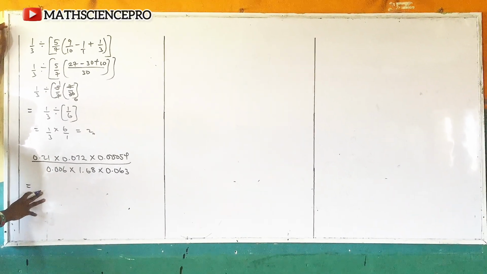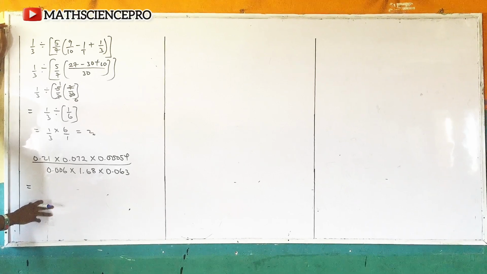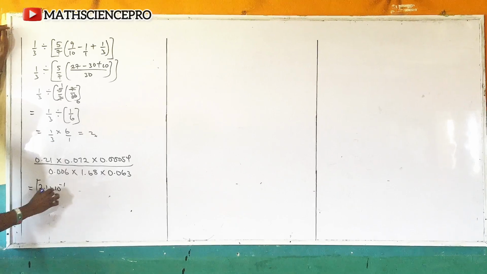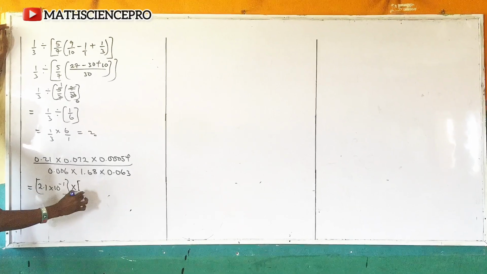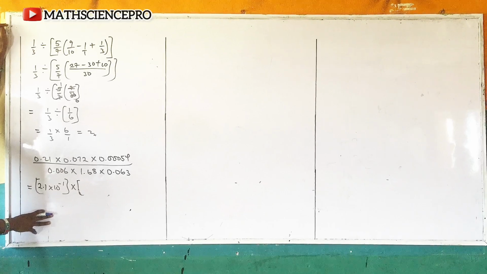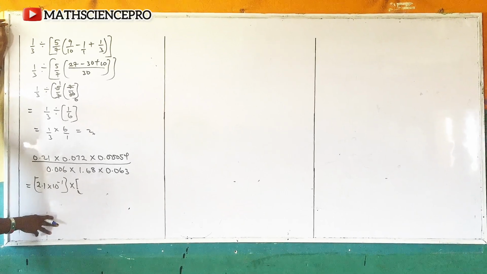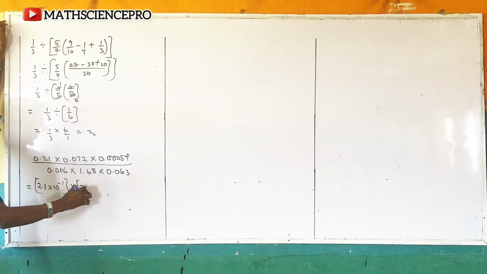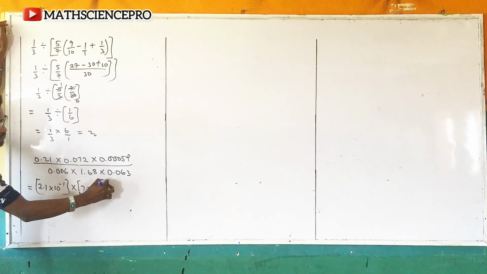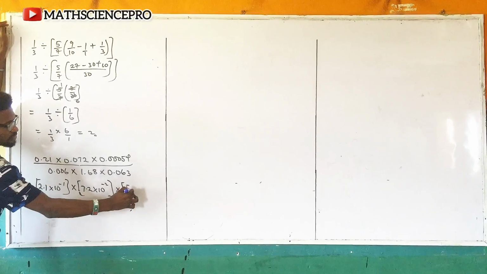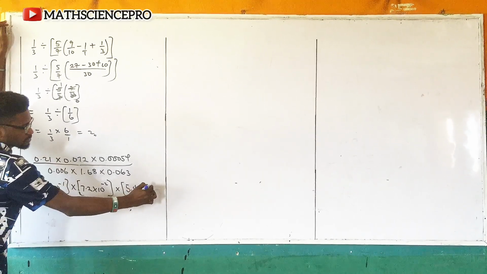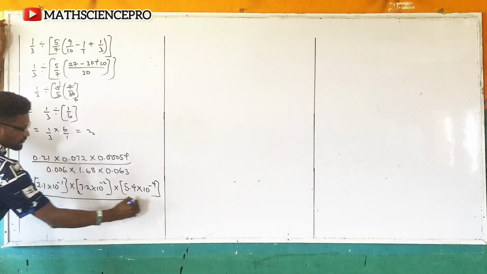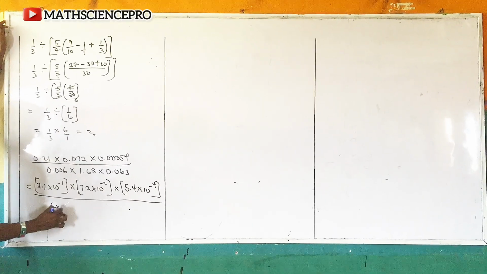So the first thing I'm going to do is to express all this in standard form. So for 0.21, I'm going to have 2.1 times 10 raised to power minus 1. Actually, you can also decide to just run through this with your calculator, and then at the final point, you just express it in standard form. You can also do that. So 0.072 is going to be 7.2 times 10 raised to power minus 2. And this is going to be 5.4 times 10 raised to power minus 4. So all divided by 6 times 10 raised to power minus 3